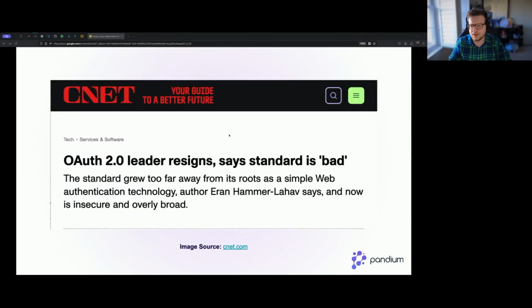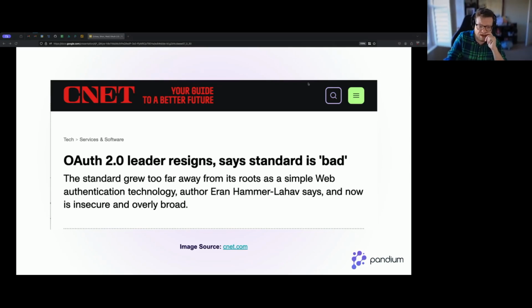So one of the really interesting things where I was getting into understanding this story here was that it turns out there were 33 revisions of OAuth 2.0 just when it got started. It was a really valiant attempt to bring together industry and get this problem solved. Now we're thinking about mobile. Now we're thinking about SSL. What was very curious to me was that after revision 28, the lead author, Eran Hammer, he's the guy who wrote the OAuth 1.0 spec and wrote the first 28 of the 33 revisions of the OAuth 2 spec. He quit. He just said that this is no longer what he thought it should be.